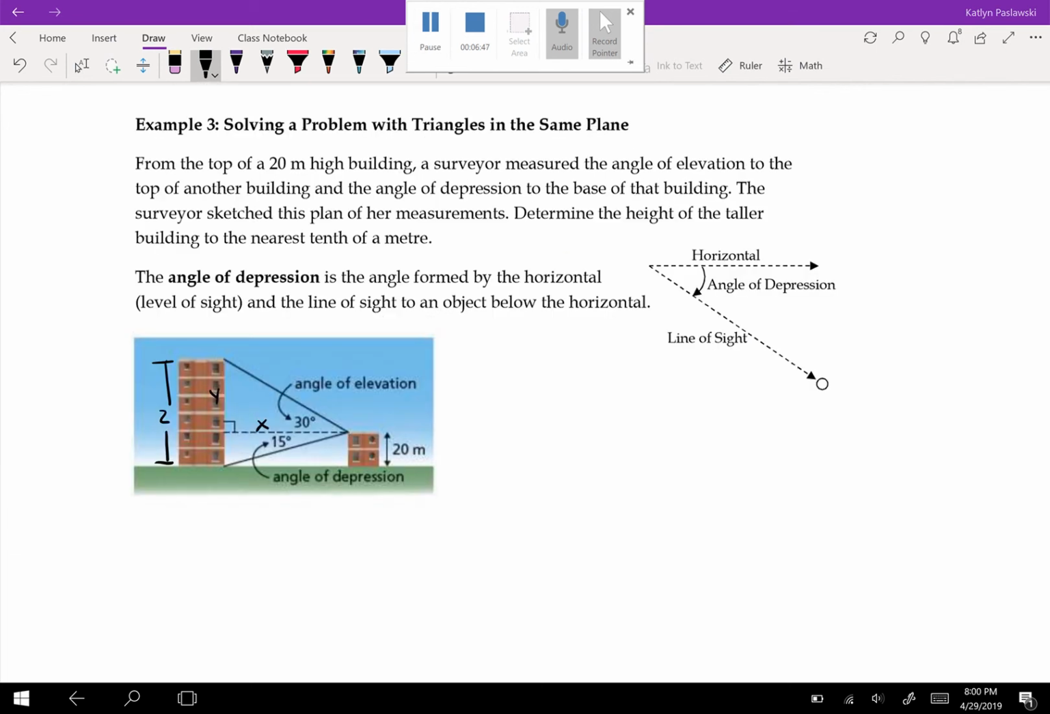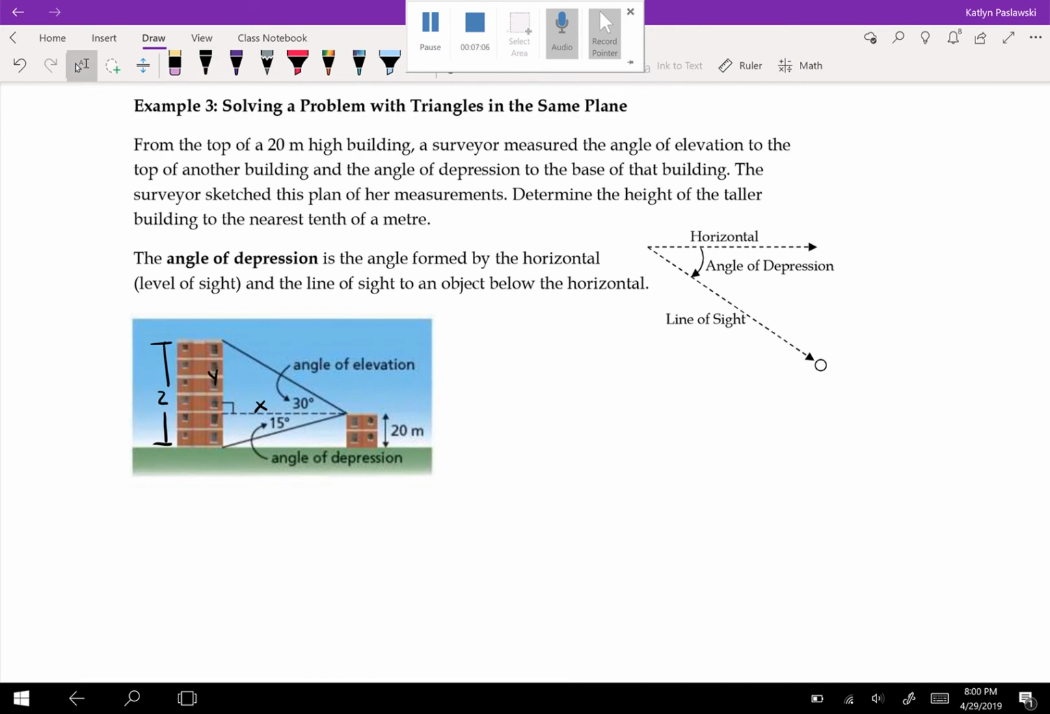All right, here we have example 3, solving a problem with triangles in the same plane. So we are recognizing the angle of depression, which is formed by a horizontal, so a level of sight, and a line of sight of an object below the horizontal. So here we're working with the angle of depression, where there's a surveyor that's standing at the height of a 20-meter building. It gives us the angle of depression and angle of elevation, and it asks us to solve for